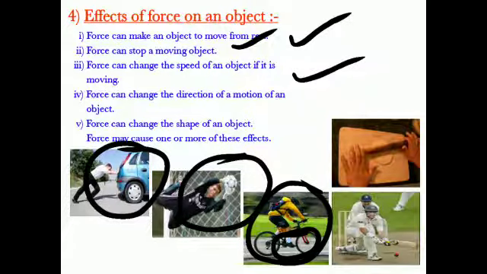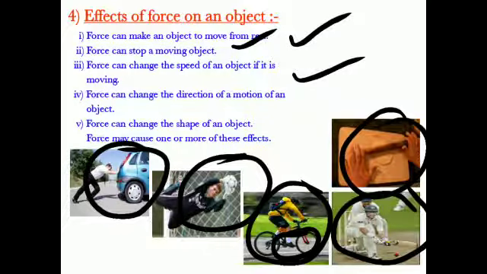Here in this picture, a cricketer is hitting the ball just to change the direction of the ball. So he is also applying a force on that ball, and the force applied can change the direction of the ball. Here, you might have seen your mother making a chapati with the help of a rolling pin. She makes the dough and makes balls from that dough, and she applies force with the help of the rolling pin on that ball and makes it a round shape. This is how she makes a chapati.